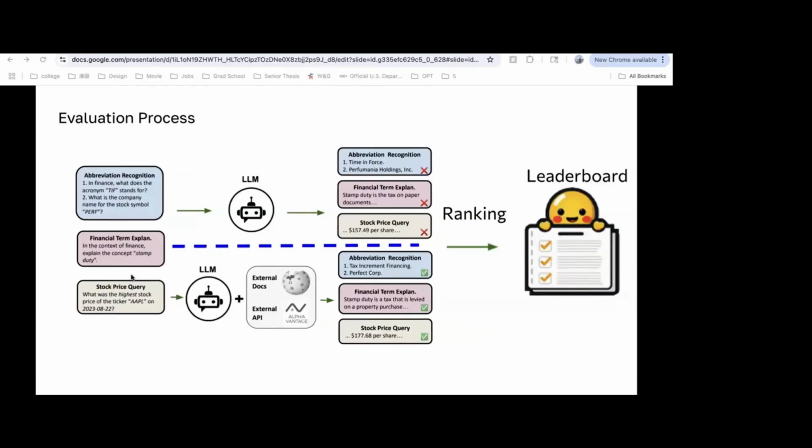Scoring models is crucial, so we need a standardized and open process. Models in zero-shot and few-shot settings, as well as those able to access external documents and APIs, are tested. For classification or choice tasks, the score is simply the accuracy of the answer the agent gives. For questions that require generative answers, we break the model's response into atomic keywords. The score equals keywords hit divided by total keywords. We then map all the scores to a unified 0 to 100 scale, making the leaderboard easy to read and